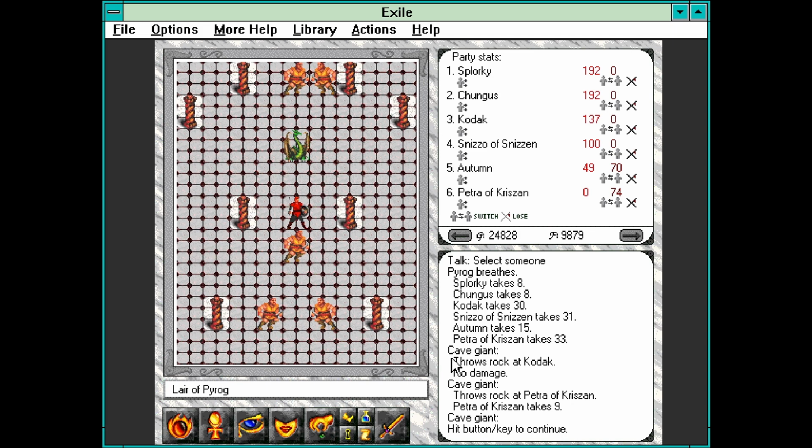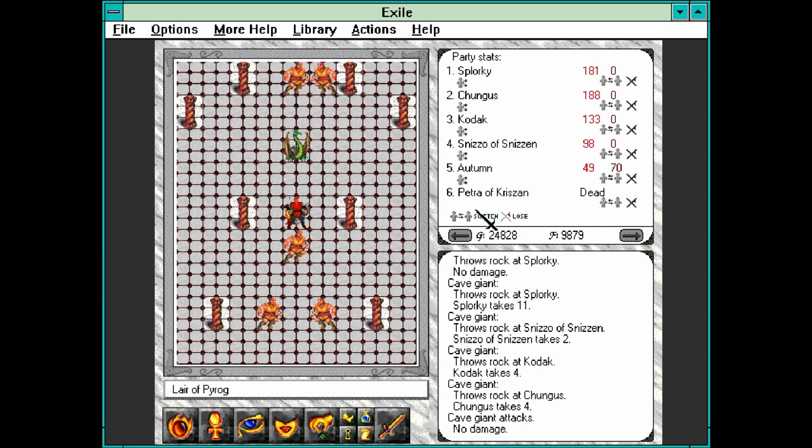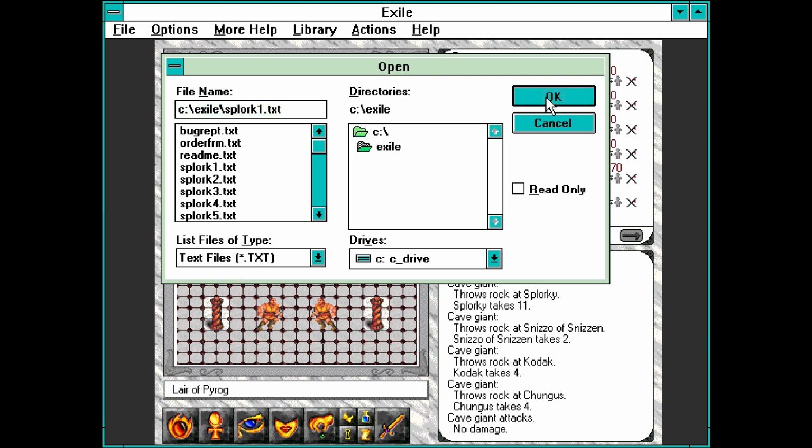Okay, this is bad. This is really bad. The dragon just by itself would be pretty difficult, but cave giants too? I don't actually know if we can do this. Like, we can try. Okay, let's get the music going. Although it might not be playing for very long. Let's see if we can do it, guys. Okay, never mind. We were not done with the attacks. Okay, that's bad. Okay, let's reload the game and